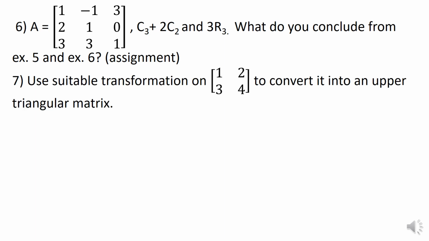In the seventh question, now this is important. A 2 by 2 matrix is given. You have to convert it into an upper triangular matrix. Now what is an upper triangular matrix? Do you remember what it is? Yes, it is a matrix in which all the elements below the diagonal are 0. That means, what do you have to do over here? Below the diagonal in this particular matrix, you have the element 3. You have to convert 3 into 0 by using whatever transformation that you can use. You can either use row transformation or you can use column transformation.